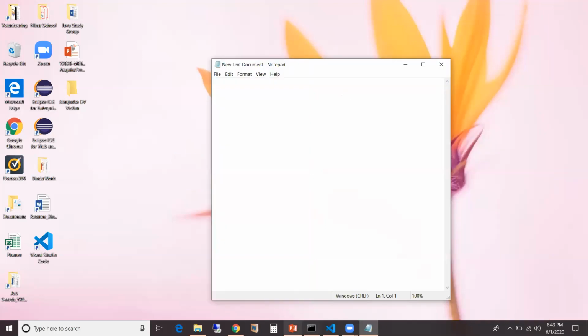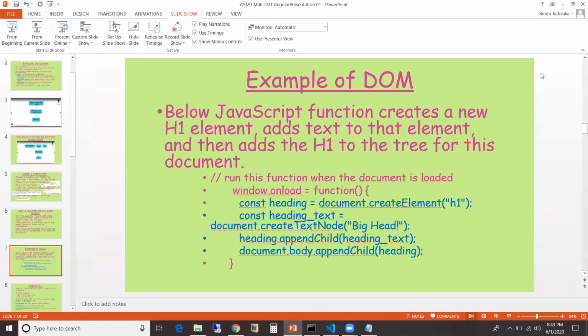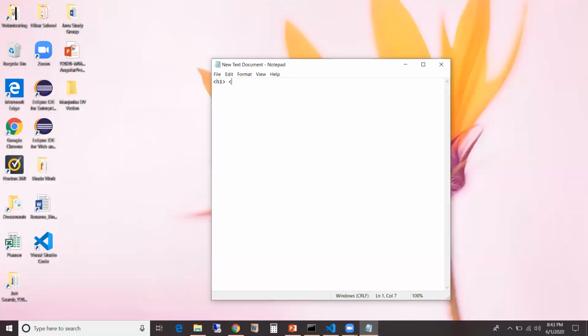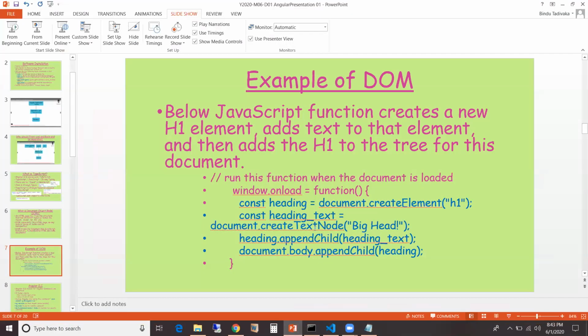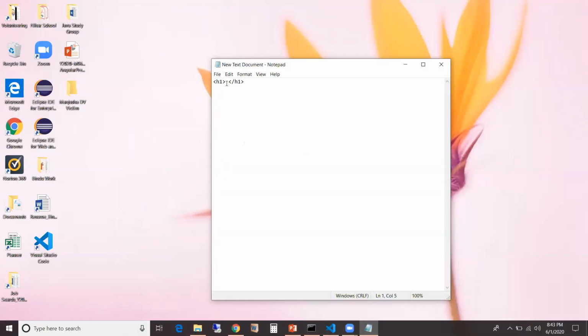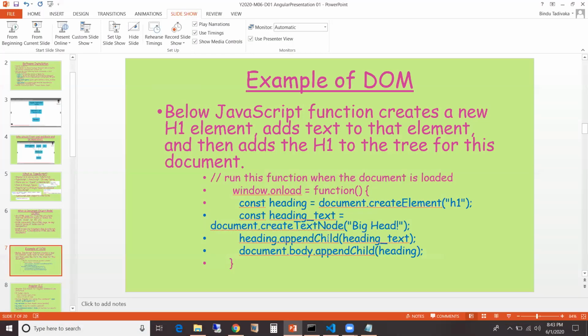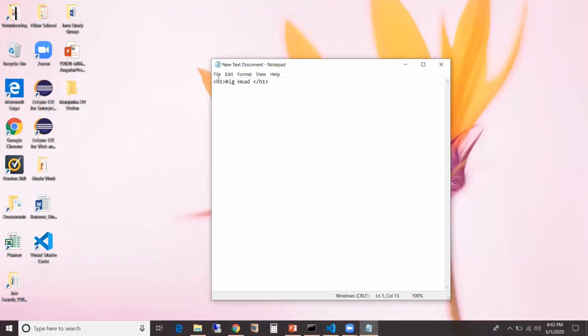So this statement creates an H1 element like this. And the next one includes the big heading text in this element. And the next instruction appends that heading to the body element.